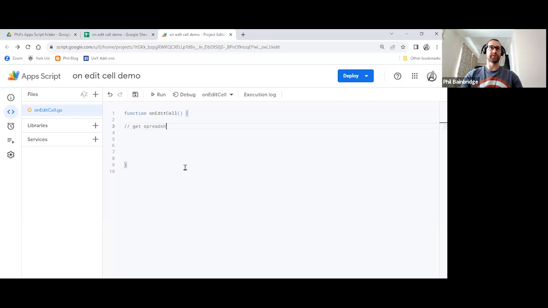In the first instance, we need to get spreadsheet. So we're getting something, which means we're going to store this as a variable. So I'm going to say var, and we're going to use the usual shorthand notation for spreadsheet as ss. So var ss equals, we're working in a spreadsheet, so we're going to use the SpreadsheetApp. So capital S and a capital A, and it should turn a pinky color.